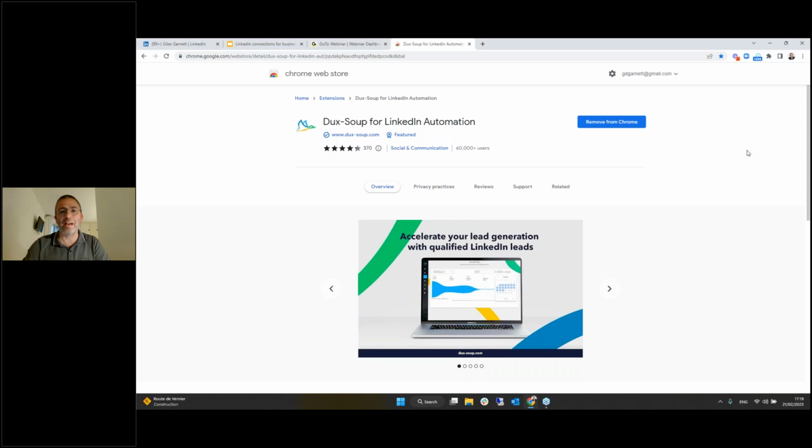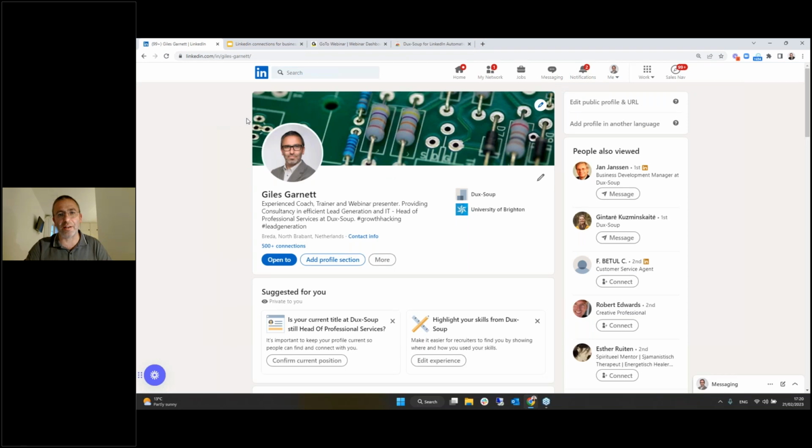There we go. So you would go to the Chrome Web Store, just look up Dux-Soup and you can install it. And it gets installed against your Chrome login, your Google Chrome login. And of course, we've got various articles about how you can create a new Chrome login if you're running multiple accounts, etc., etc. Just have a look at our blog posts for that. Once you've installed Dux-Soup and you've updated your profile, so it's all looking up to date and smart and everything,